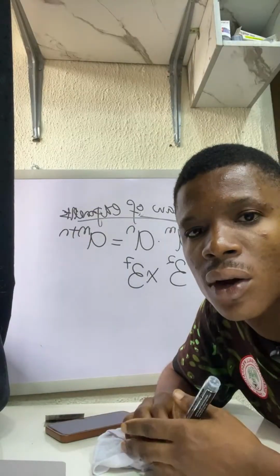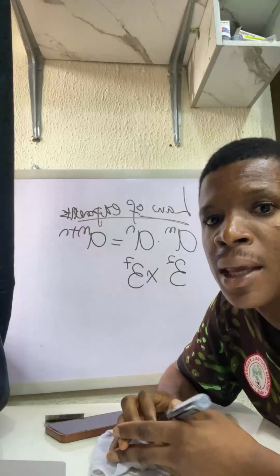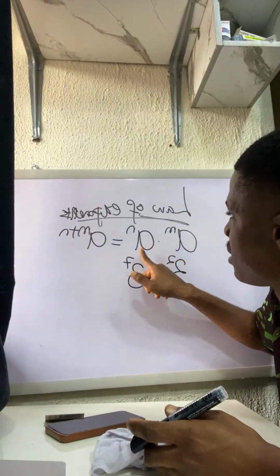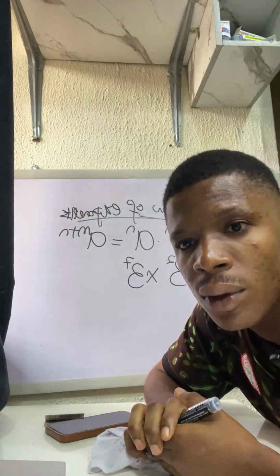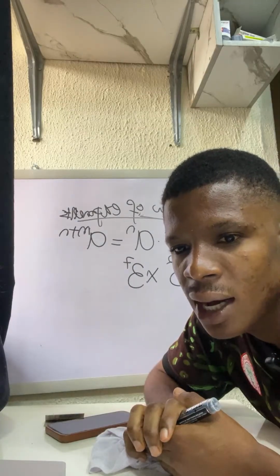For us to solve this is very, very simple. The rule says that whenever the bases are the same and we are multiplying them together, all we have to do